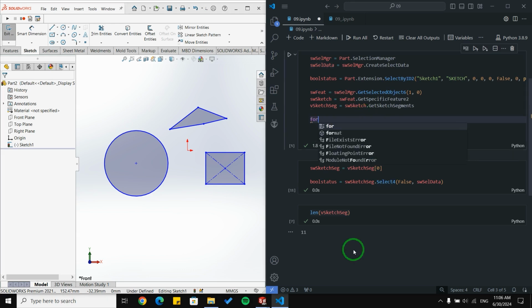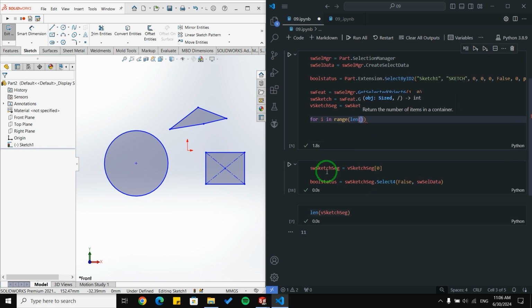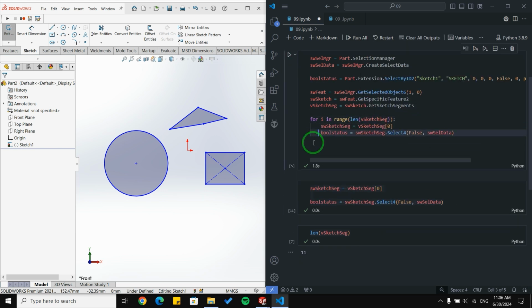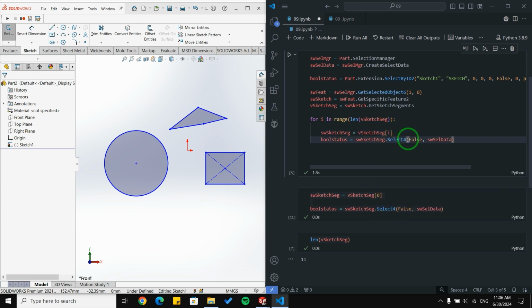Okay, let's write code to select all of the segments, and for that I'm going to use a loop. Okay, I wrote a little code here with a loop that will go through all of the members of the sketch segments, and it will save each in this variable, then it will select it with SelectFor.